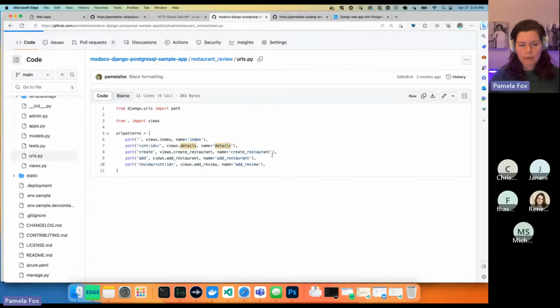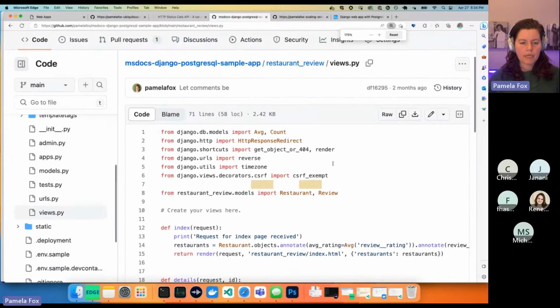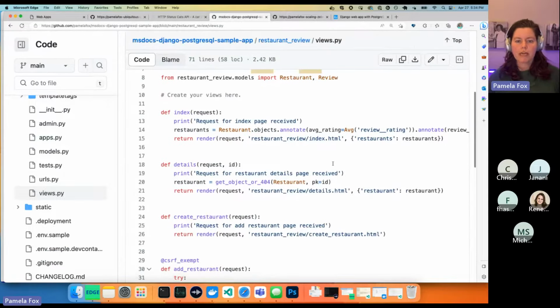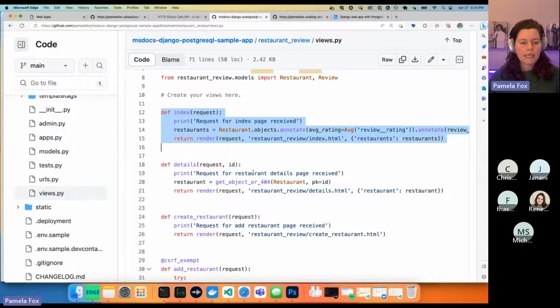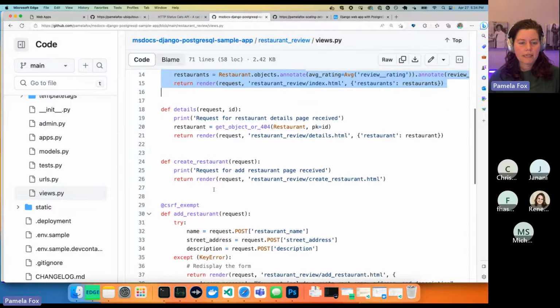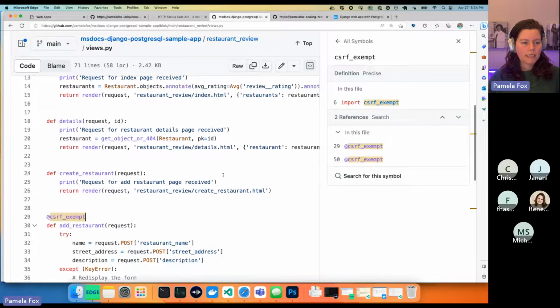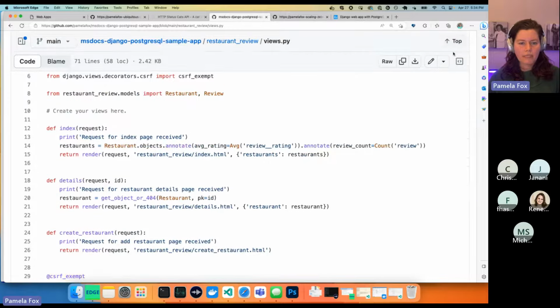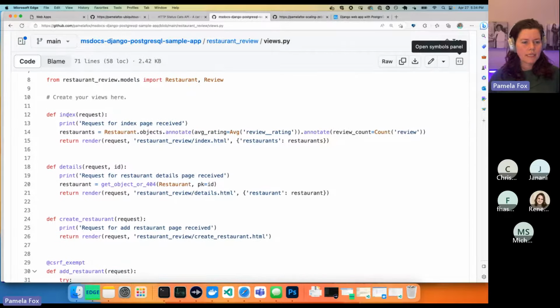Then we have views.py, which has the functions that were mentioned in the other file. So we have index, details, create restaurant, and these all interact with the database. You can see that index does a query of all the restaurants in the database and also asks to get their review rating back so that it can show the number of stars on the page.